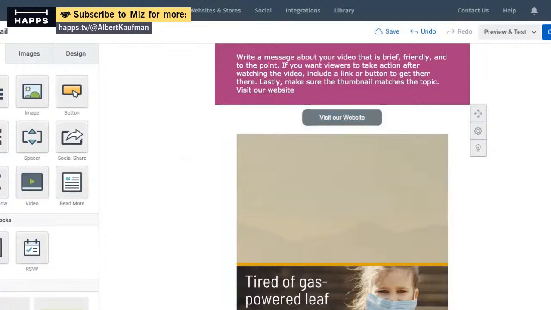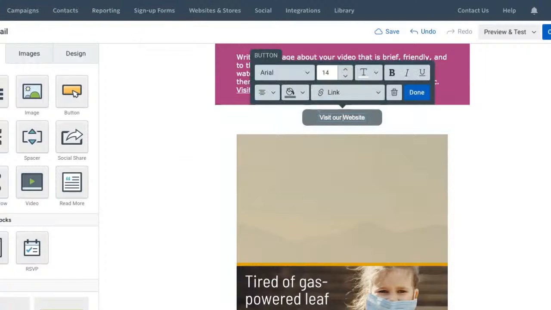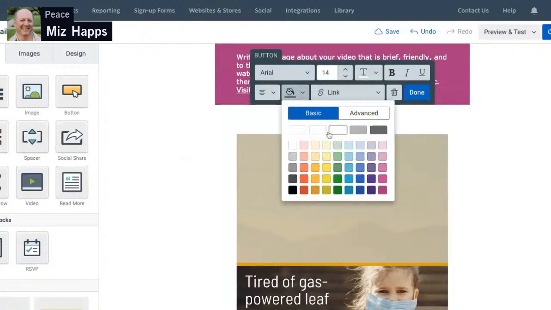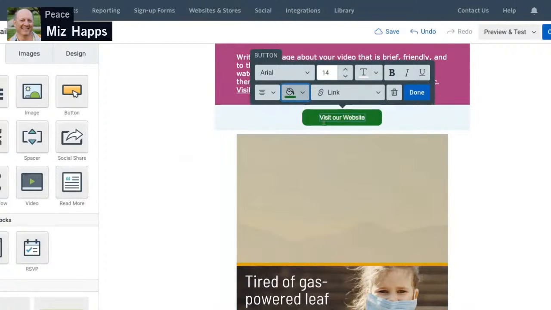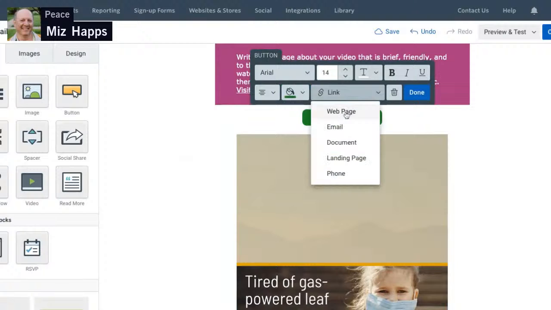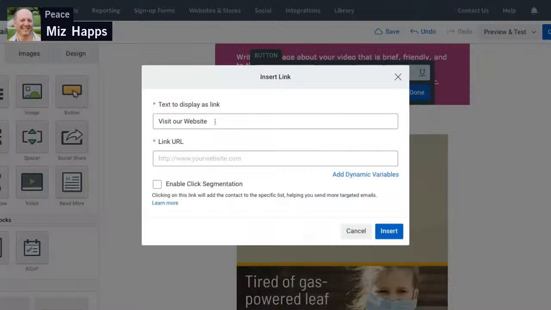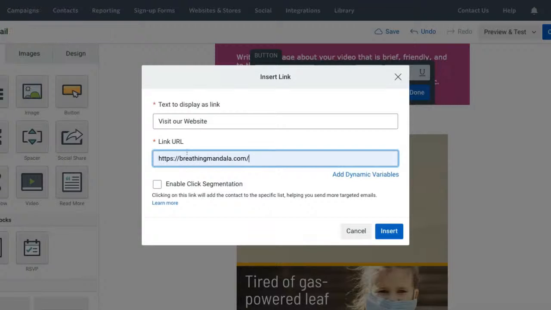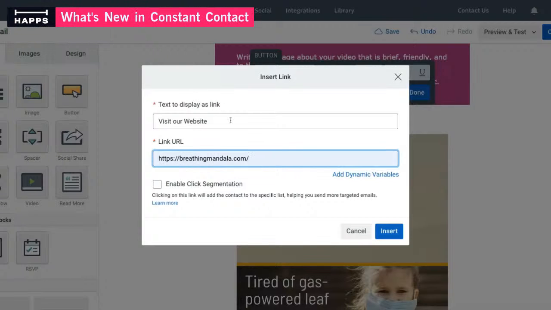the global color and font and things for the buttons can be decided globally, or you can just change it as you want it. Here we can provide a link. So let's say I wanted to go to my website. I'm just going to choose a different website. But let's say, I'm inviting people to do a certain thing, whether it's click on an image or an article